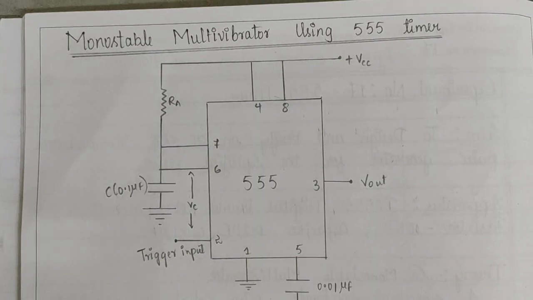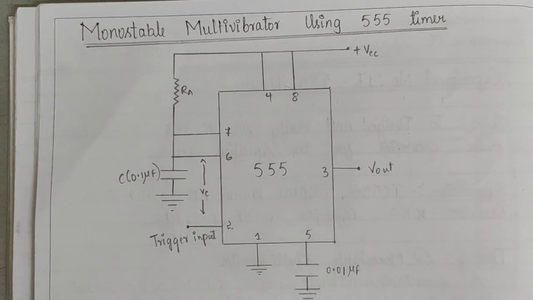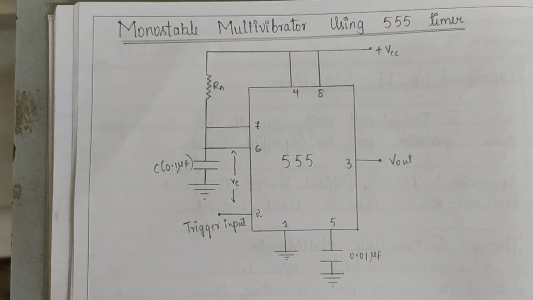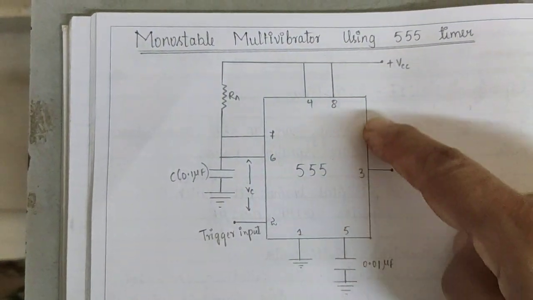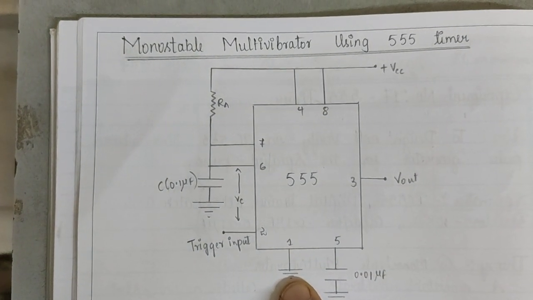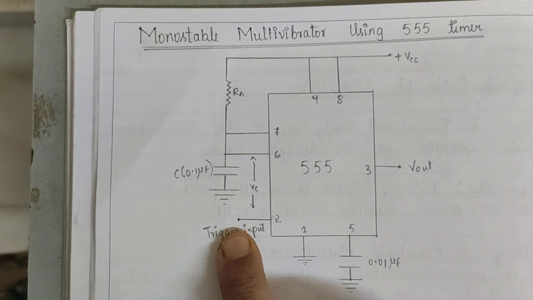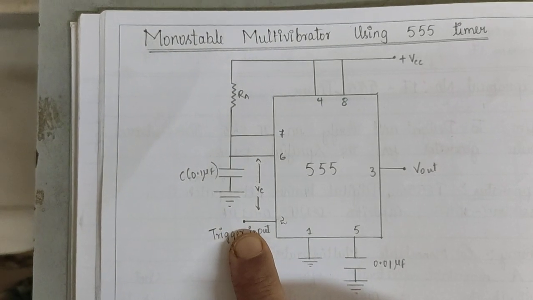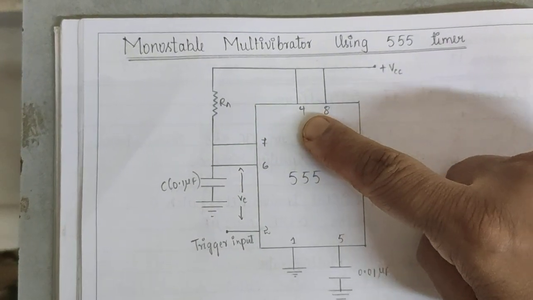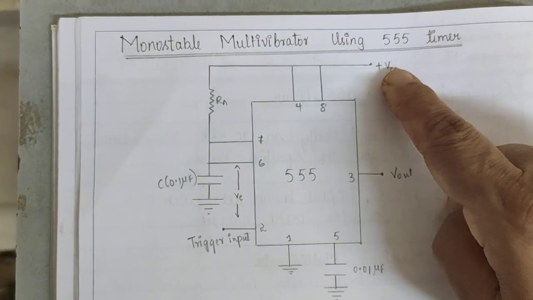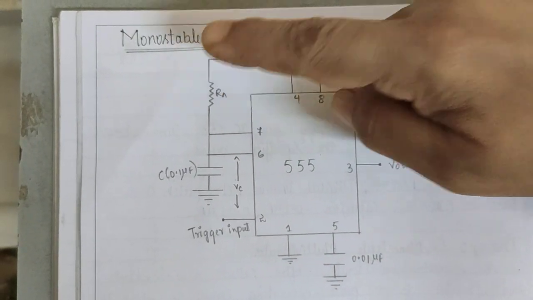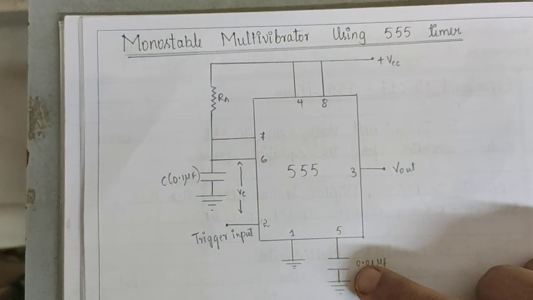This is the circuit diagram for monostable multi-vibrator using 555 timer. You can see the 555 timer. Its first terminal is connected to ground. Its second terminal is the trigger input. The third terminal is output. The fourth terminal along with the eighth terminal is connected to VCC, as well as to one end of RA. The fifth terminal has a capacitor